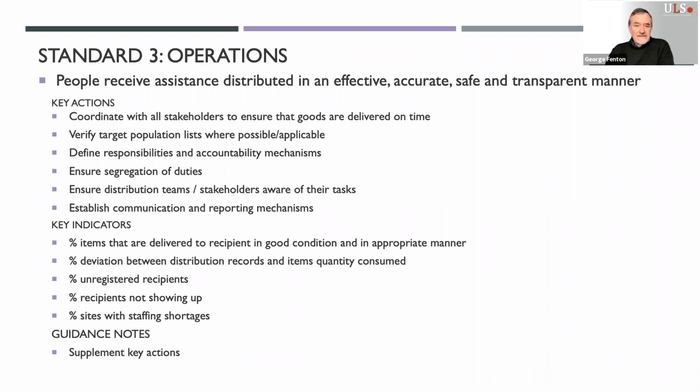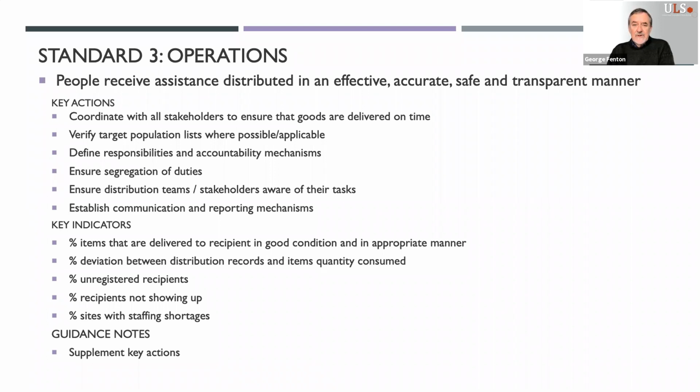General guidance notes include things like making sure you have the necessary permits to carry out the distribution, and that all relevant stakeholders have been consulted, including the local authorities. The actual or perceived shortage of goods can cause stress to participants, and in some cases can spark a security incident. Therefore, to ensure that the distribution plans are matched to realistic delivery schedules is essential.